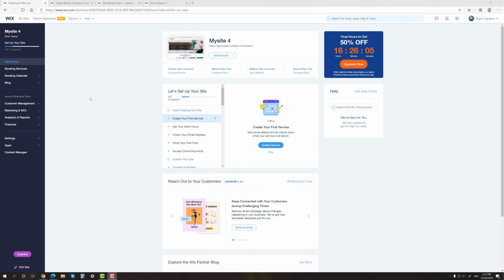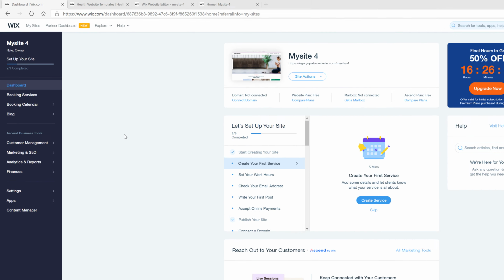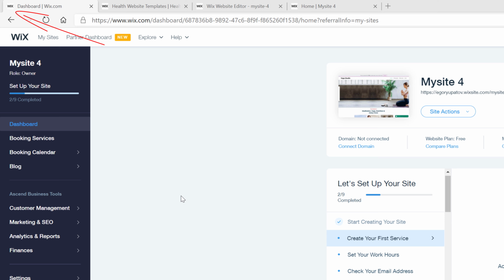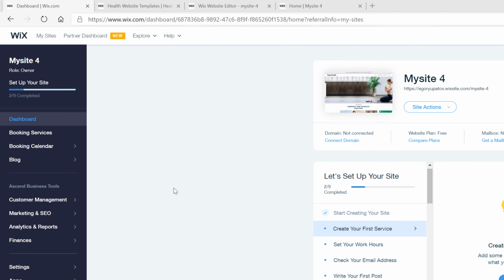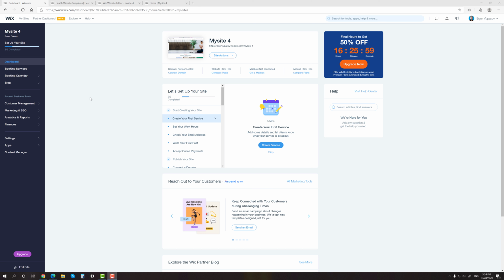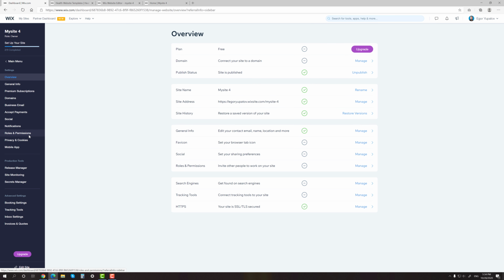After you're done with SEO, there is one more important thing that you need to take care of, and that's a favicon. It's a small icon that you can see on your browser tab. It's crucial to have it, because it helps to personalize your site and highlight it among others. Wix sites automatically include a standard default favicon, but you can customize it by upgrading to a premium plan and connecting your site to a custom domain. To change a favicon, open the Settings tab on the site's dashboard and choose the appropriate item.